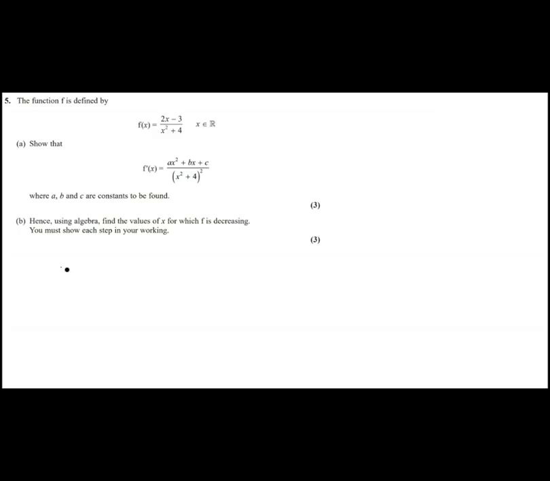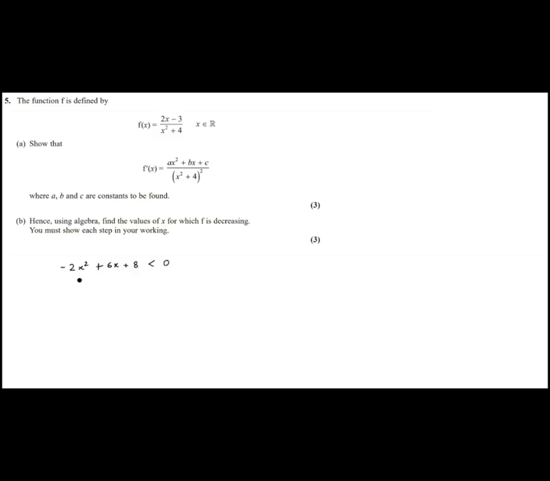Now the denominator is a positive number, so if we multiply that on both sides, then you simply get minus 2x squared plus 6x plus 8 less than 0. Okay, now we need to solve this inequality. So let's divide both sides by minus 2. So let me write it down: minus 2x squared plus 6x plus 8